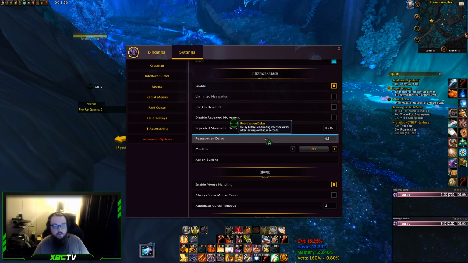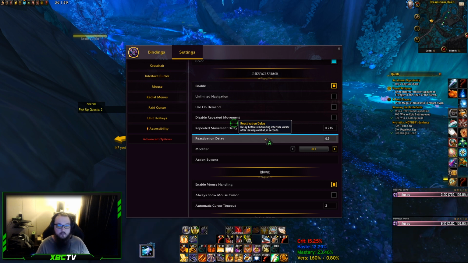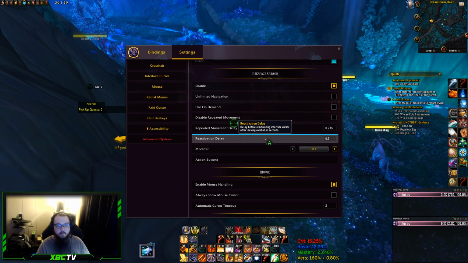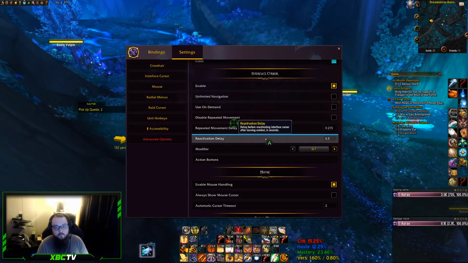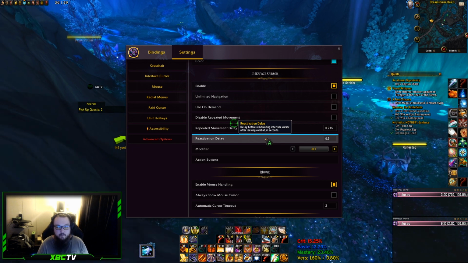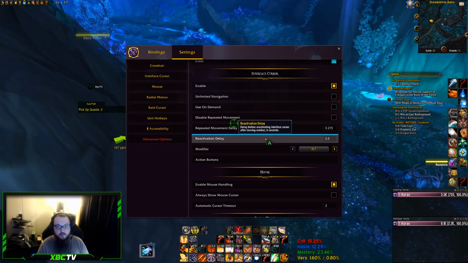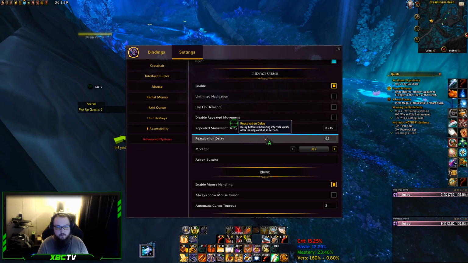Reactivation delay is the delay that it takes before this cursor will pop up after combat. Now, me personally, I had a lot of problems with this before it was added to the game way back in the day. You had to do this with a slash command in chat, where I would be doing high mythic plus and I would die to something as I was spamming a button,